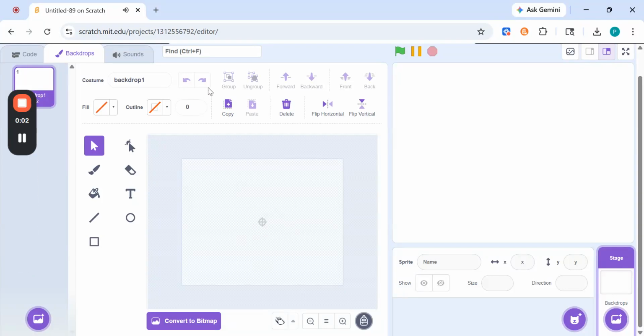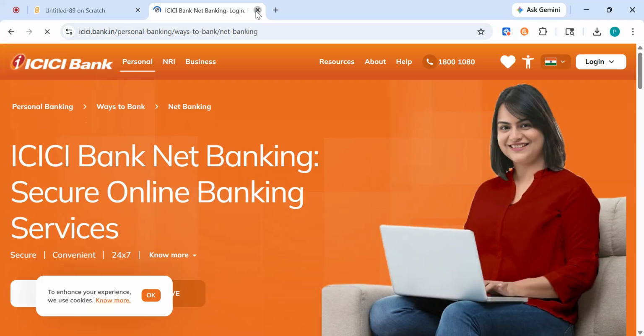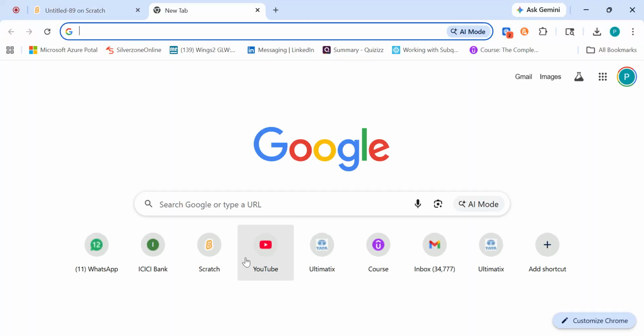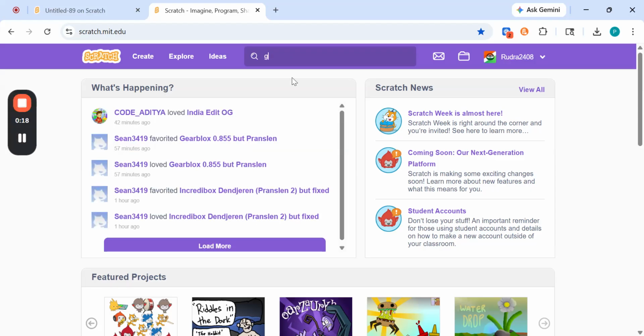Hello guys, today we're gonna be making a Star Wars themed game. You can see I've already deleted Scratch Cat. Now we're gonna go to Scratch and go to